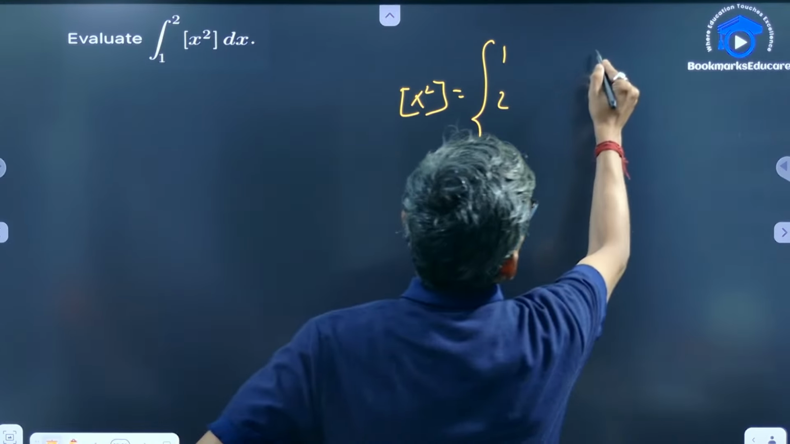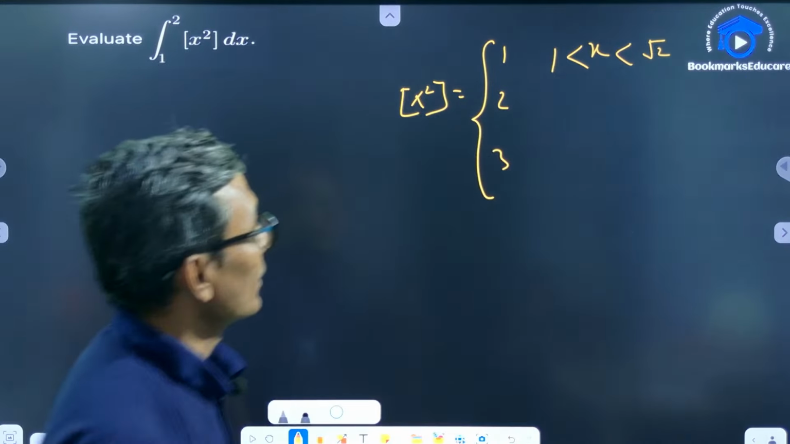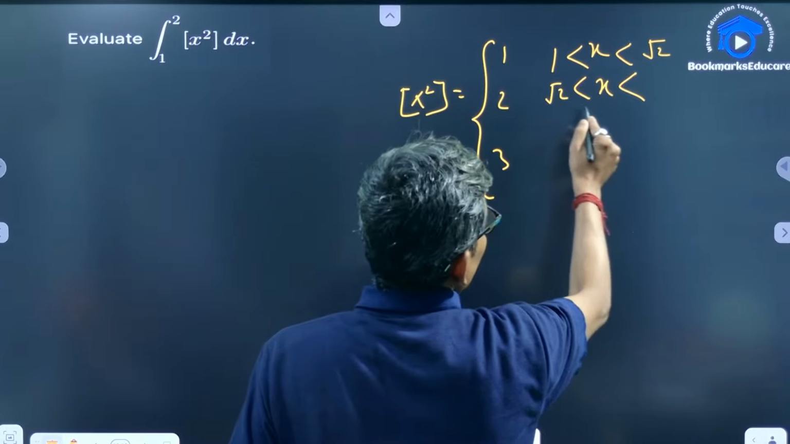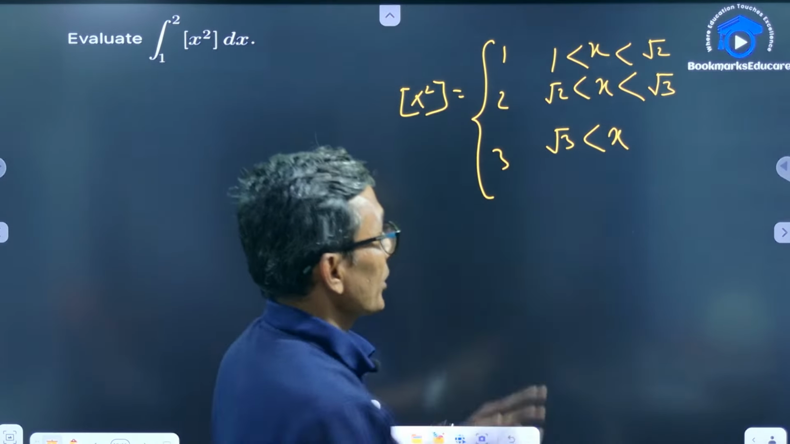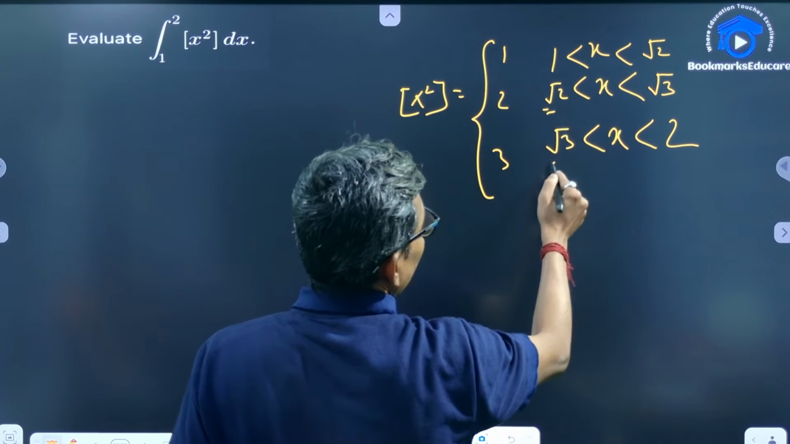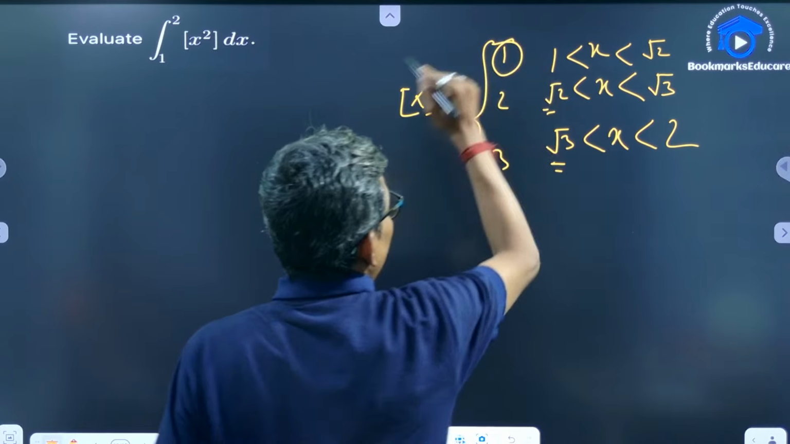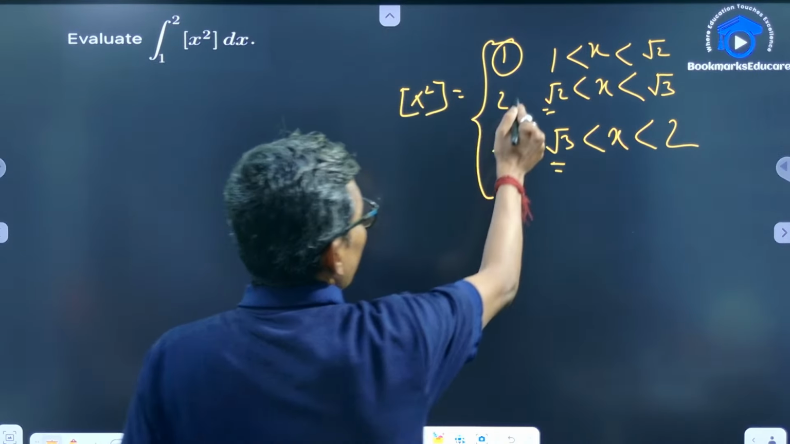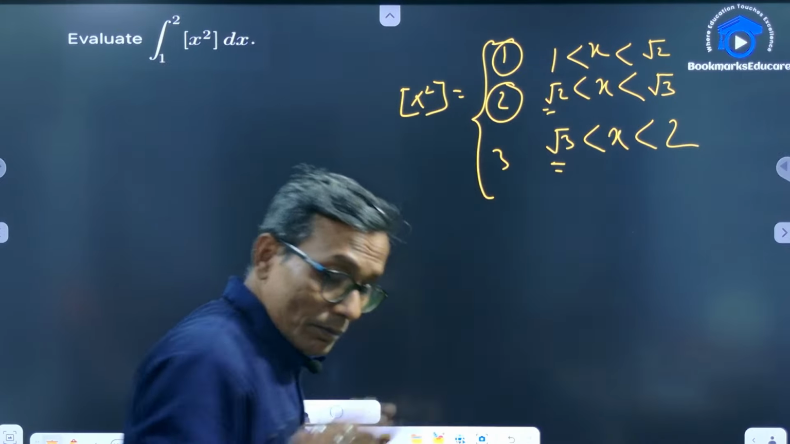1 2 3। 1 कब होगा? जब x का वैल्यू 1 से ग्रेटर देन 1 लेसर देन √2, सो x greater than √2 लेसर देन √3 and x greater than √3 लेसर देन 2। सो अगर इसको स्क्वायर कर दोगे तो ग्रेटेस्ट इंटीजर 1 हो जाएगा, 2 हो जाएगा एंड 3 हो जाएगा। क्लियर? सो व्हेन x ग्रेटर देन 1 लेस देन √2, सो थर्ड ब्रैकेट ऑफ x स्क्वायर क्या होगा? 1 होगा। व्हेन x ग्रेटर देन √2 लेस देन √3, देन थर्ड ब्रैकेट ऑफ x स्क्वायर क्या होगा? 2 हो जाएगा। एंड व्हेन x greater than √3 less than 2, then third bracket of x square means 3 हो जाएगा।